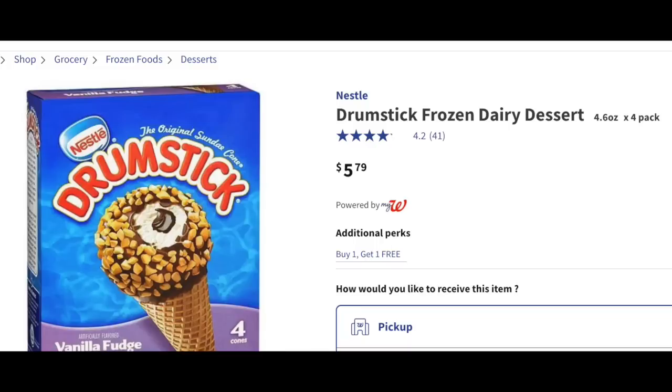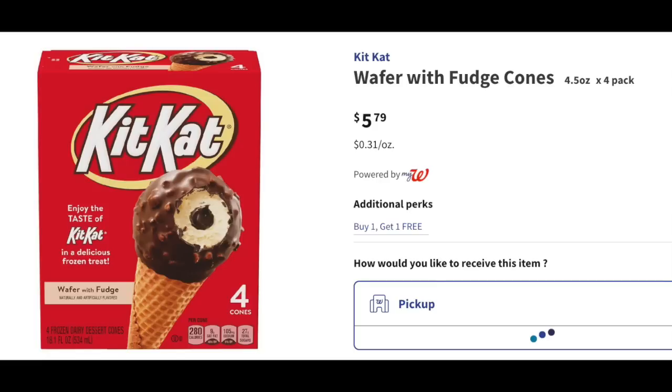So we are going to do this deal in store. It must be done in store. And if you're doing a deal with frozen food, I mean, go in store. So you're going to grab 2 of them on a buy one, get one free promotion, which is really fantastic on its own. So what it's working with, from my information, is the drumstick and the Kit Kat, which are